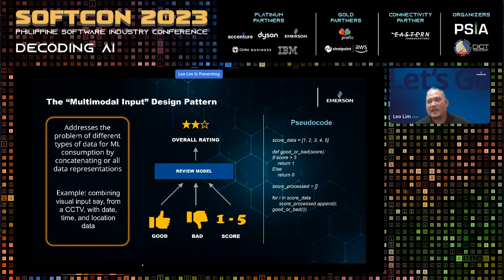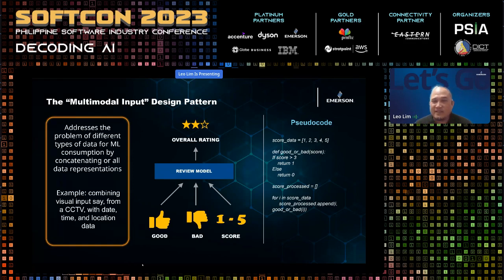For the machine learning AI workflow engineering, many of the patterns here, while they do involve some amount of coding, are also like templates or guidelines, if you will, to solve common problems. Like in the multimodal input, a typical situation you'd find when you're implementing a machine learning application is that you need to ingest different types of data, right? A good example would be if you have, say, a machine vision type of machine learning implementation and it's getting data from a CCTV, right?